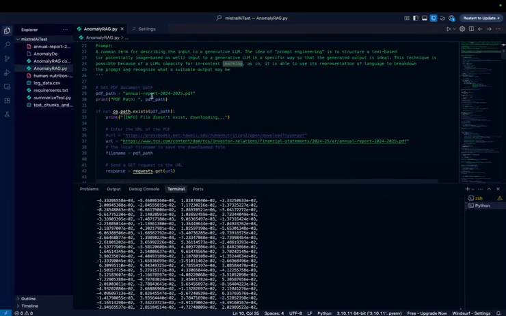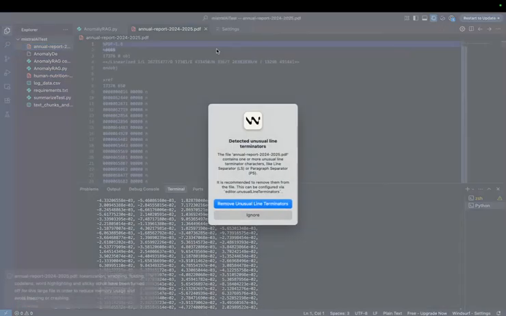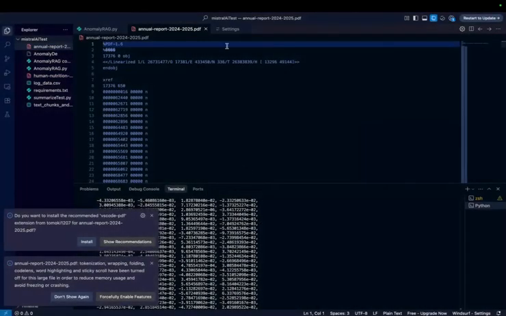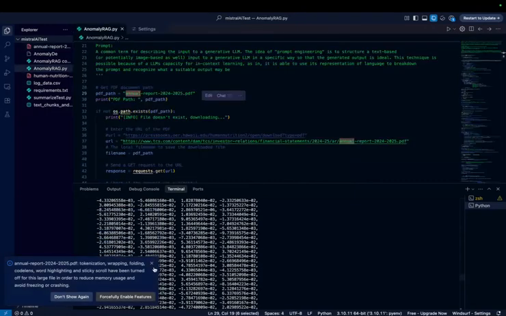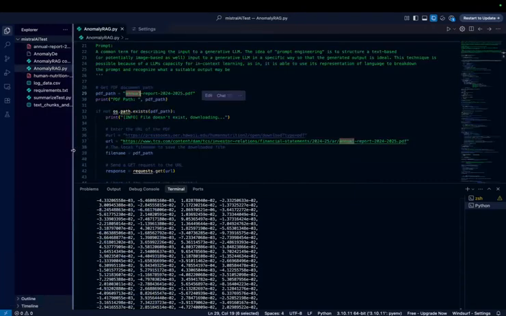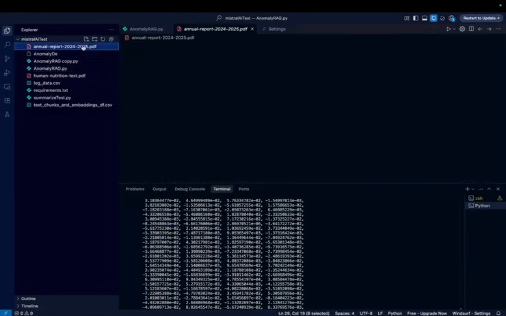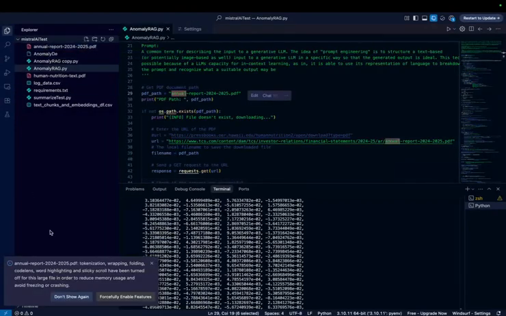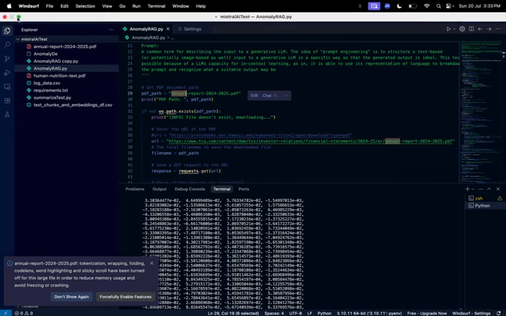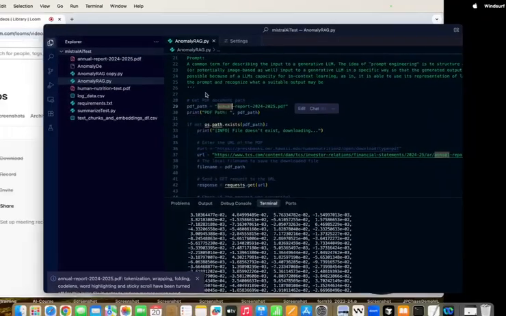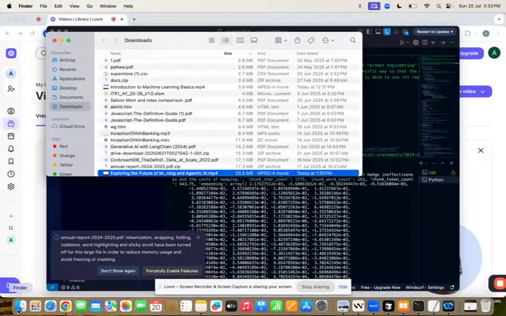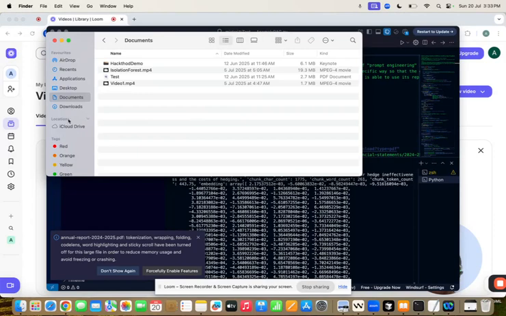If you see here, we have generated one annual report PDF. So this report, we can see here. Okay, this will open in another format. What we'll do is go to the location and I'll walk you through where the PDF has been hosted. So this is in a location. Okay, let's see. Okay, we'll see it here. It's in my